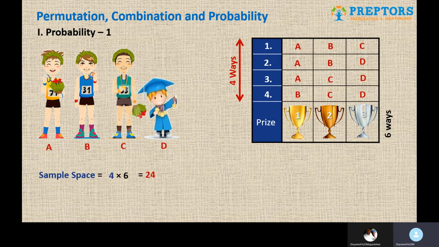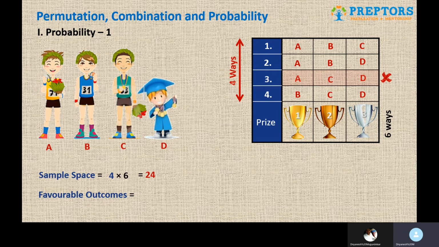And now comes the important part, which is the favorable outcome. The favorable outcome is that B is part of the group. That means the one scenario out of the 4 scenarios where B is not part of the group, that is the third scenario, we are going to ignore that, and the remaining 3 we are going to consider, because those 3 scenarios are where B is part of the group, which satisfies our restriction.